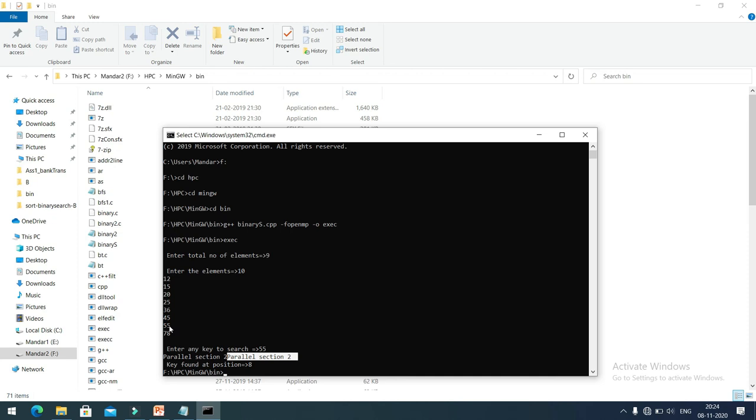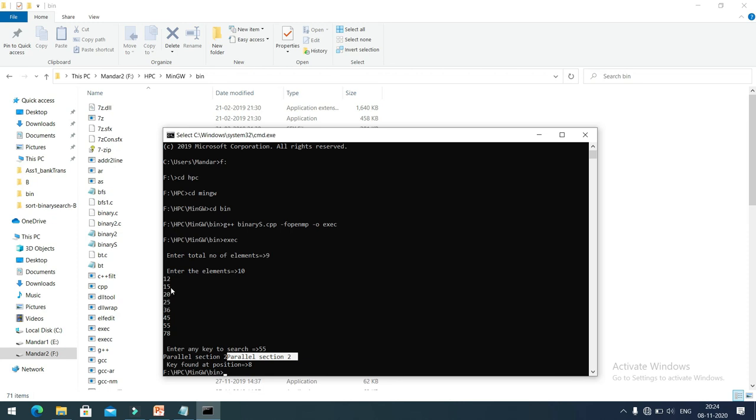So we have written two different sections in our code, right? So the first section is for low 1 to mid, and the second section is for mid plus 1 to upper. So this 55 is stored at the upper half portion of our array.